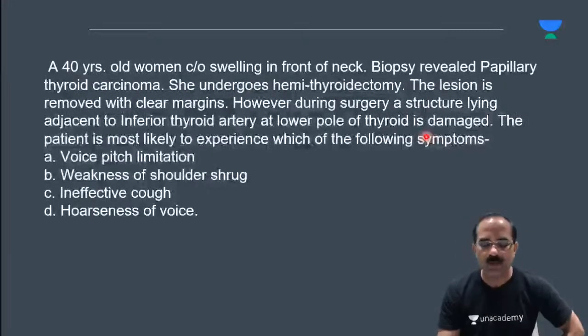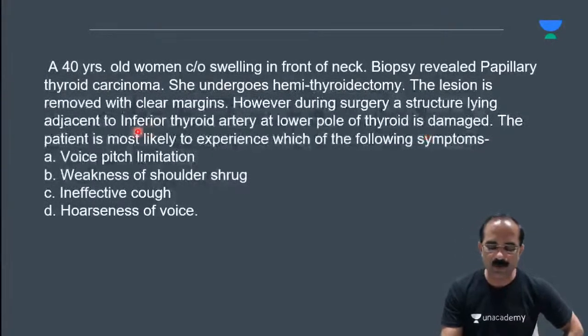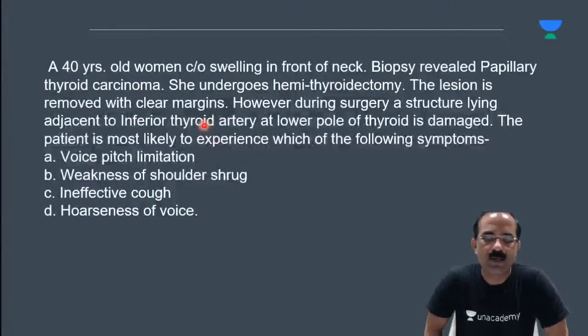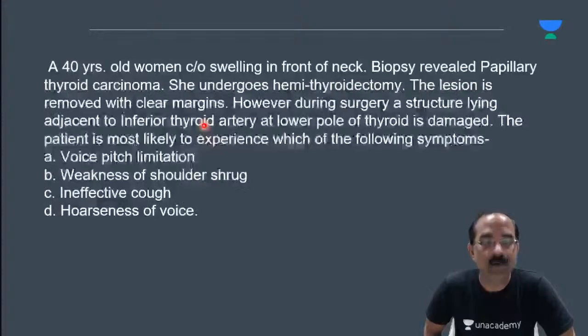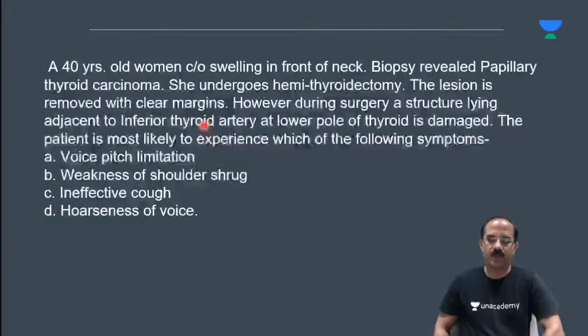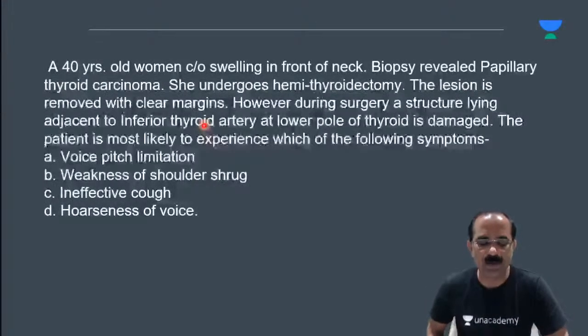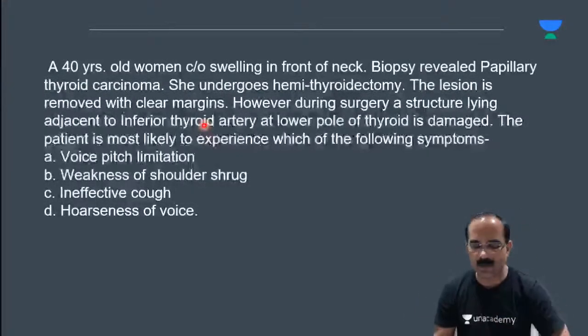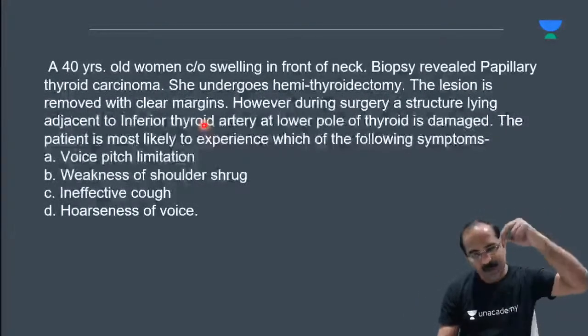There's a nerve. There's a nerve which goes with the inferior thyroid artery. What is that nerve? Anyone? Can you answer this? What is that nerve which goes with the inferior thyroid artery? That's the recurrent laryngeal nerve. Recurrent laryngeal nerve, yes. That's recurrent laryngeal nerve. With the inferior thyroid artery goes the recurrent laryngeal nerve, and at the superior pole of